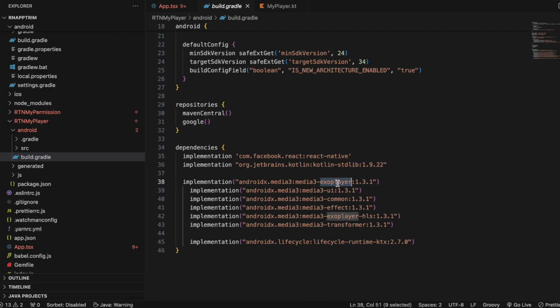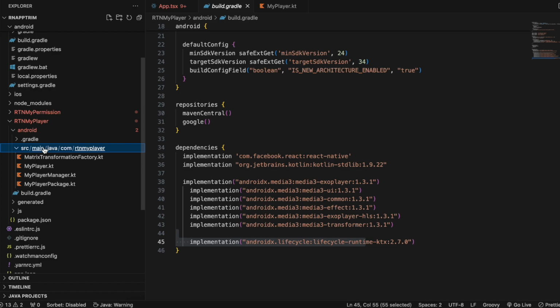This ExoPlayer UI as well as ExoPlayer HLS are for playing video, and Common Effect and Transformer are for doing video transformation. Also I have added lifecycle runtime because I want to make use of Kotlin coroutines. Then go to src, create all this main java com rtn my player, and here firstly I have added this